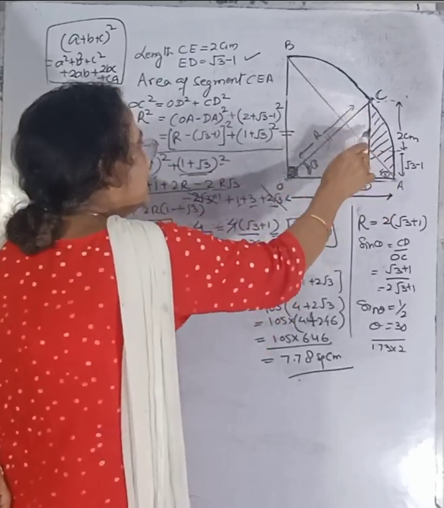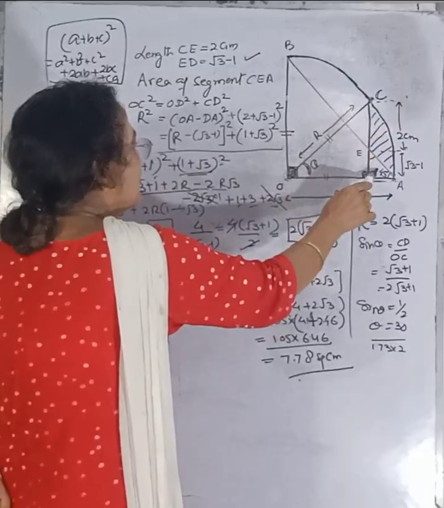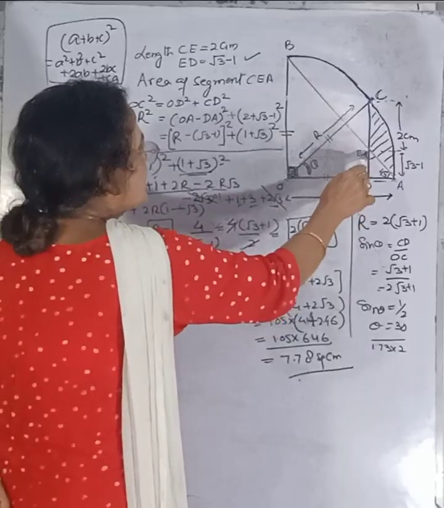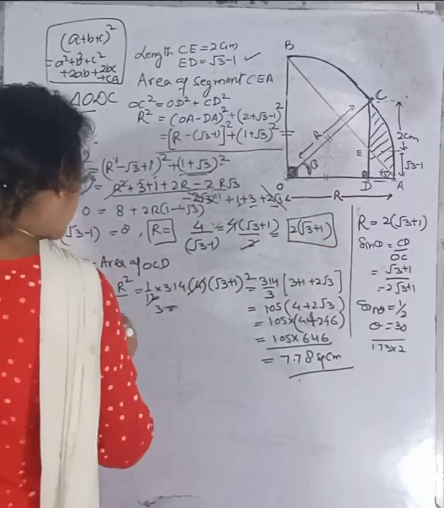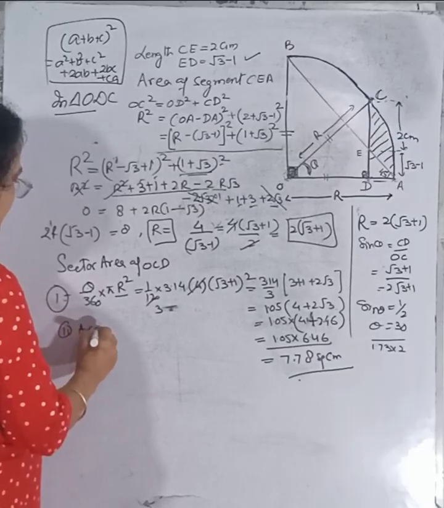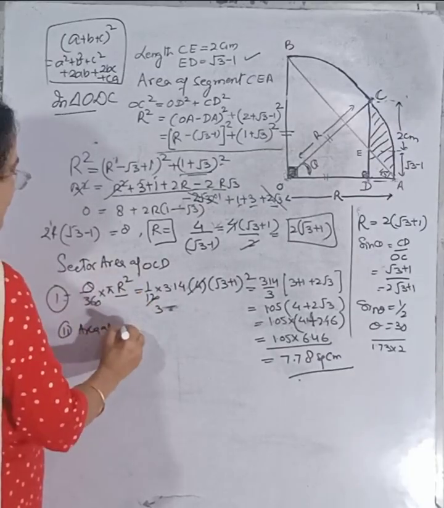इस पूरे सेक्टर एरिया में से इस ट्रायंगल का एरिया घटा देंगे और इस वाले का घटा देंगे. इसका निकाल सकते हैं 1/2 बेस इनटू दिस. इसका भी निकाल सकते हैं 1/2 बेस इनटू दिस. ओके. तो एरिया ऑफ सेकंड पोर्शन, एरिया ऑफ ट्रायंगल ODC,